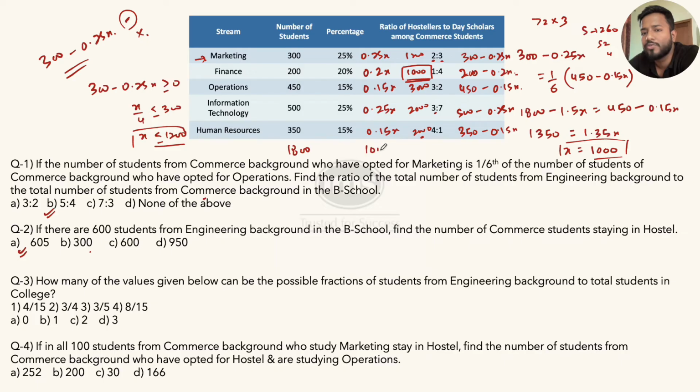आपका नंबर ऑफ इंजीनियरिंग स्टूडेंट्स। तो अब इस क्वेश्चन पे अगर आप वापस आओगे, हाउ मेनी ऑफ द वैल्यूज गिवन बिलो कैन बी द पॉसिबल फ्रैक्शन ऑफ स्टूडेंट्स फ्रॉम इंजीनियरिंग बैकग्राउंड टू टोटल स्टूडेंट्स ऑफ कॉलेज। तो हमारा इंजीनियरिंग का मैक्सिमम नंबर कितना हो सकता है? 1000। टोटल नंबर ऑफ स्टूडेंट्स तो फिक्स है, दैट इज 1800। सो व्हाट आई एम सेइंग इज कि मैक्सिमम पॉसिबल जो मेरा ये जो गिवन फ्रैक्शन है उसकी वैल्यू क्या हो सकती है? 1000 बाई 1800। इसको सिंप्लीफाई कर दोगे तो 10 बाई 18 या फिर 5 बाई 9 तक जा सकता है।